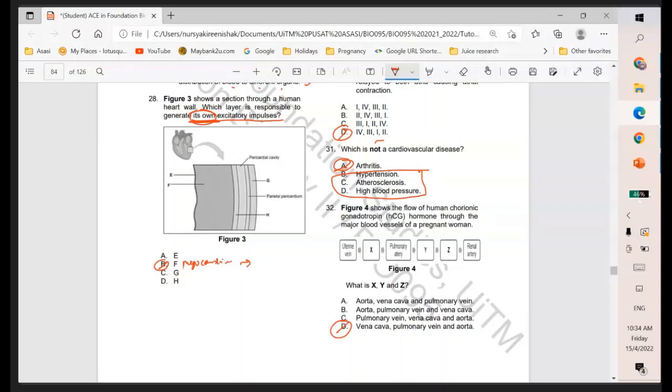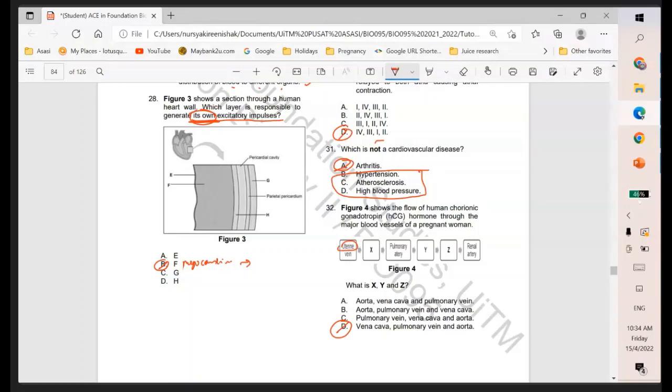So the organ producing the HCG is the uterus of the pregnant woman, because it comes from the blastocyst. The structure producing the HCG initially is the blastocyst, then later the placenta. So it is inside the uterus. The HCG will end up in the urine, so it must go to the renal artery. So the flow will be from the uterine